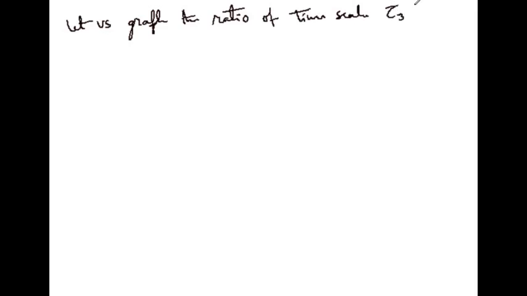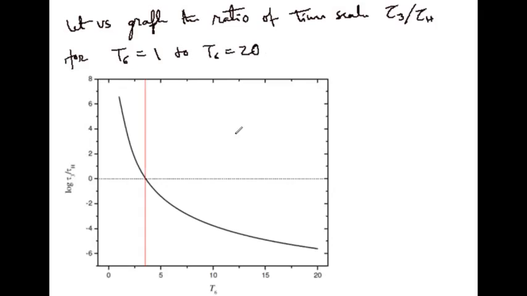Okay, so now let us graph the ratio of time scales tau 3 by tau h for temperatures, say T6 equal to 1 to T6 equal to 20, and see what happens. So you see, this is the result, and from this part what you can say, basically the assumption that 3 helium is in equilibrium, it is not valid for all temperatures. You see? So this graph tells us